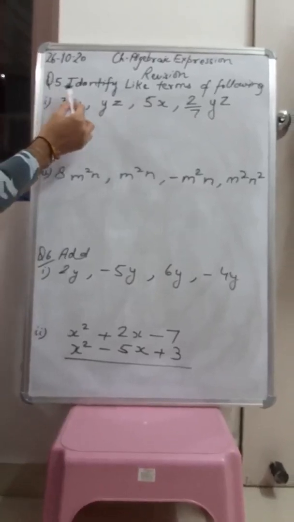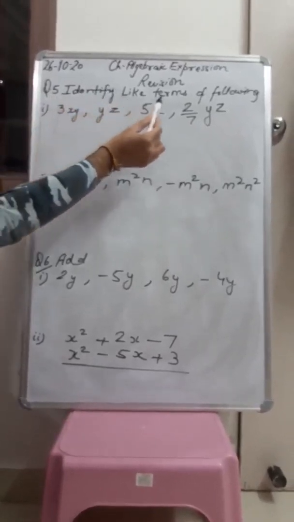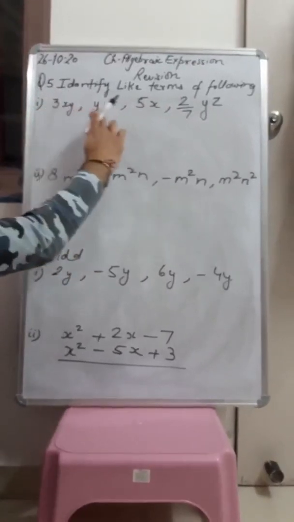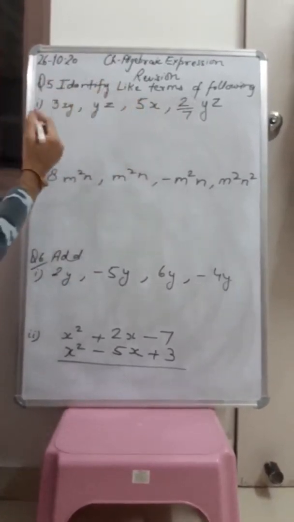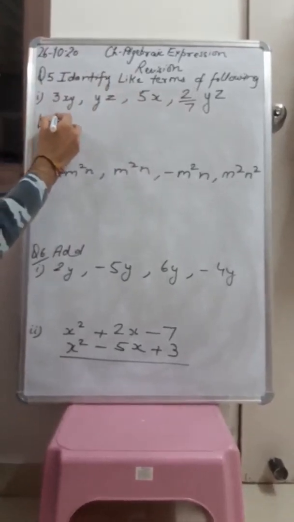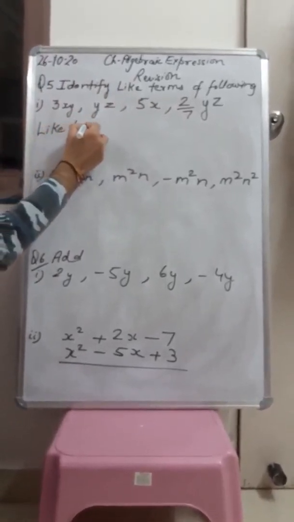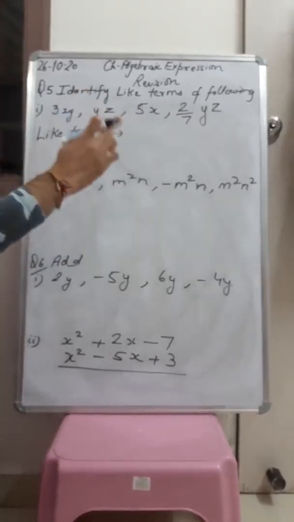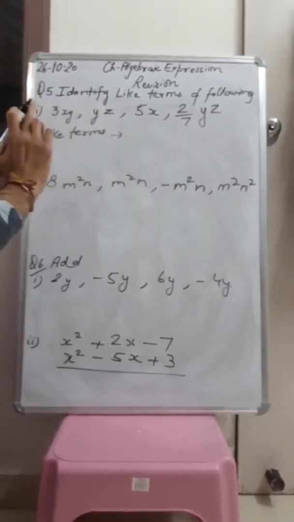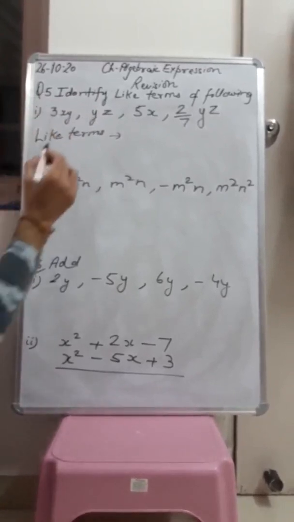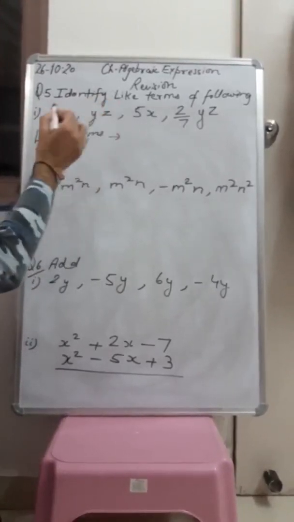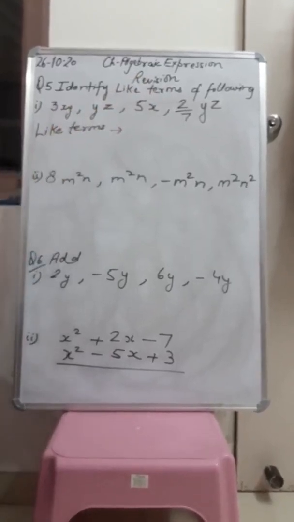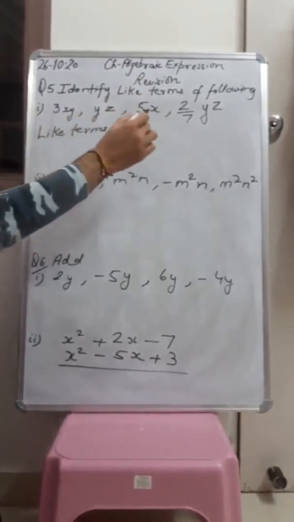Question number 5 is to identify like terms of the following. Here we have been given the terms, and we have to write down the like terms. Like terms means the terms which have the same variable as well as the same power. So the terms which have the same variable and power will be your like terms. Here in this we can see that